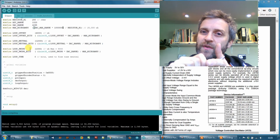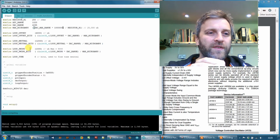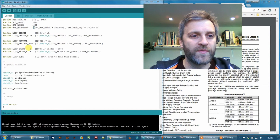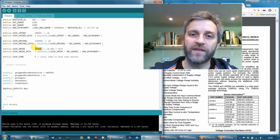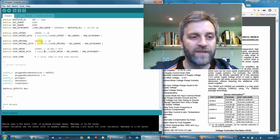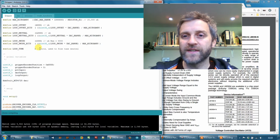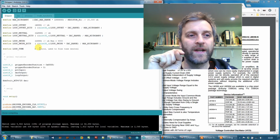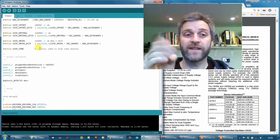So I just want to do a very small amount of movements to start with until I'm happy with the way it's working. And to do that, I've just set up this loop swing, so it's telling me that I can have 1,000 microamps either side of the loop neutral, and I'll see how these definitions are used in a minute. The loop tune there is currently set at 0, and that's just to tune the center point of the valve. So when it's supposed to be at 12,000 microamps, just to make sure it's sitting dead center,